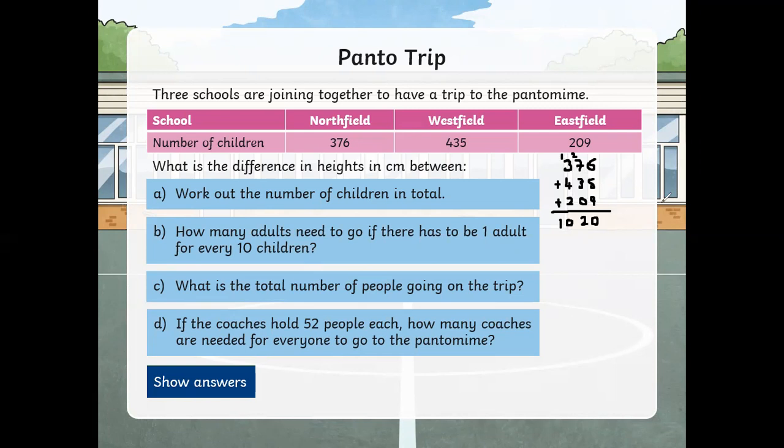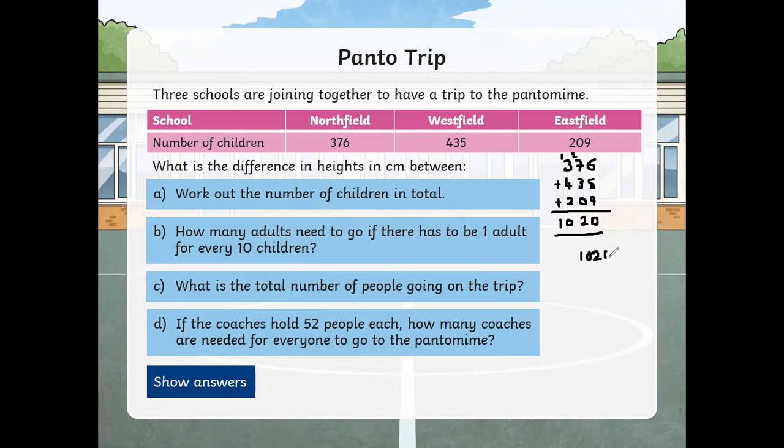Check with our calculators. Yes, that is the same answer. That is the answer for question A. Then it says, how many adults need to go if there has to be 1 adult for every 10 children? So all we have to do is divide